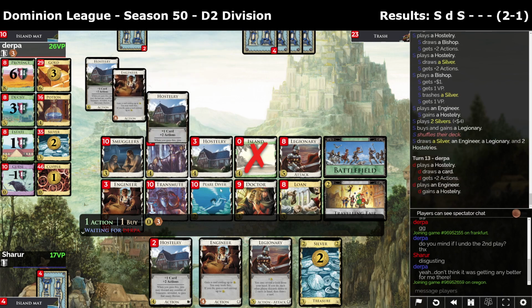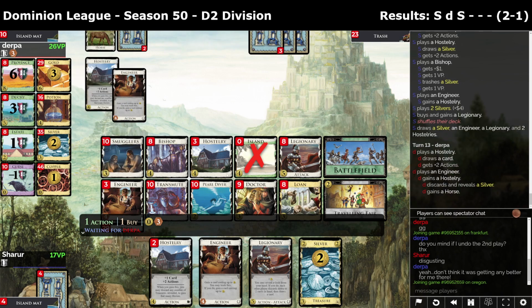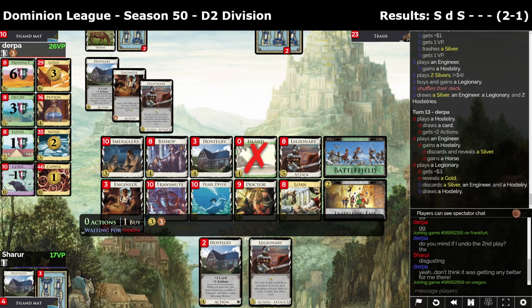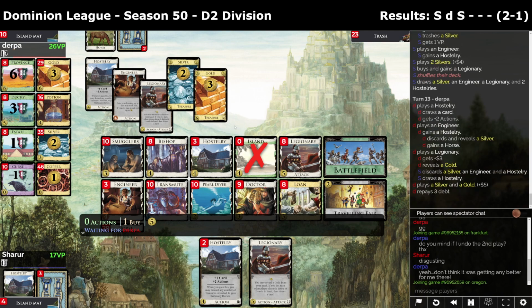Like if we end up drawing Bishop with Legionary, I don't know. I guess if we play Hostelry, well, we'll draw one more card. Yeah, I don't know. I think this is the discard. Okay. We can Bishop nothing, I guess. How do you only have... Oh, you were in debt. But yeah, we should be able to get...